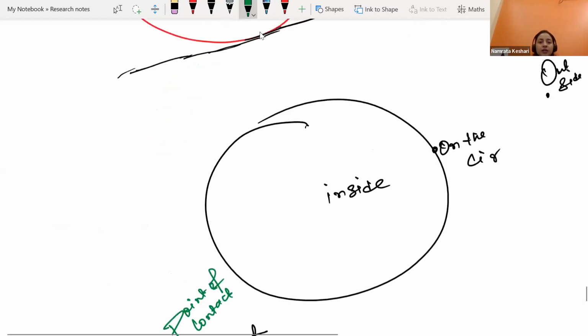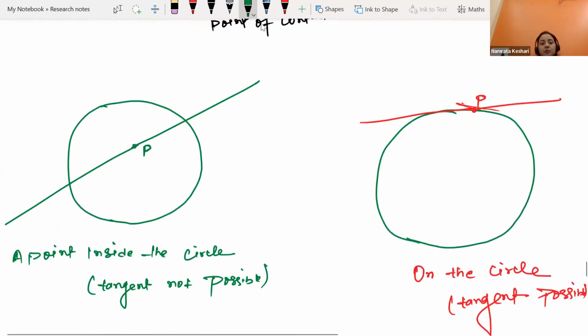Yeah. Okay, after that I started explaining that if we have a point inside the circle, then how many tangents can we draw through this point P, and I have written over here that if a point is inside the circle then no tangent is possible,